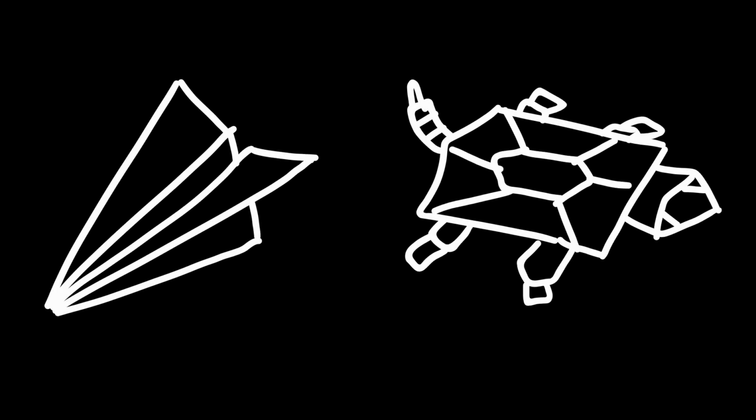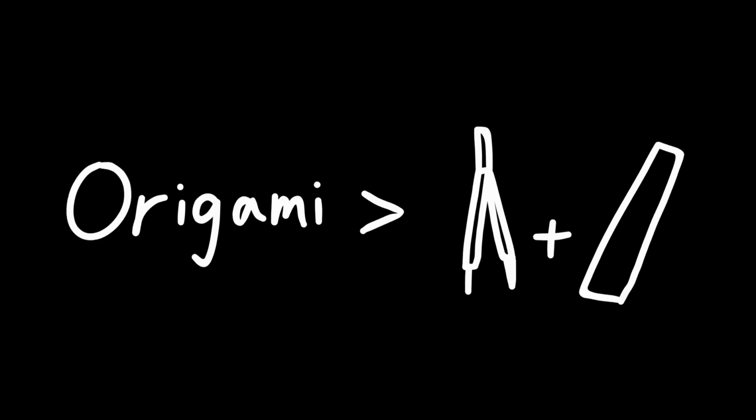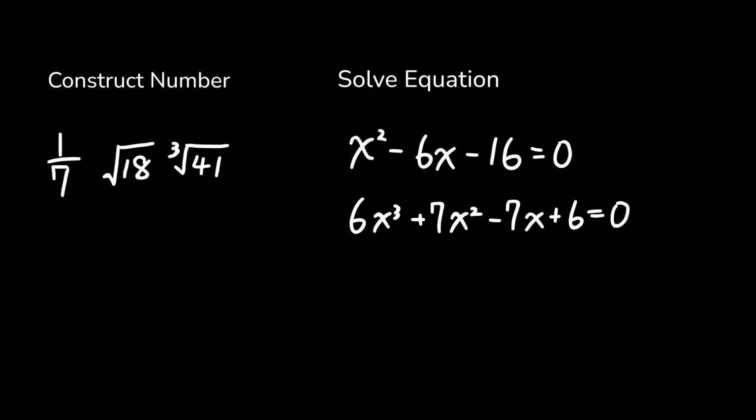When a lot of people hear about paper folding, they usually think of children's art class or some realistic animals. But paper folding, or origami from Japanese, is actually a powerful mathematical tool. Just like compass and ruler, it can be used for calculation. It can construct all rational numbers, square roots and even cube roots, and solving equations, quadratic and cubic, are all